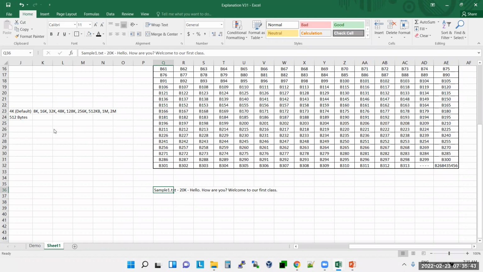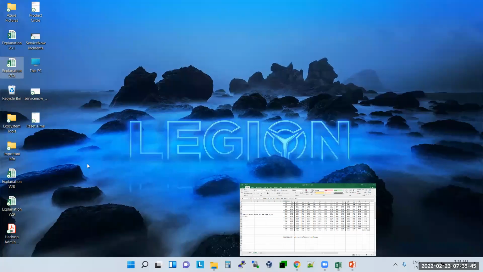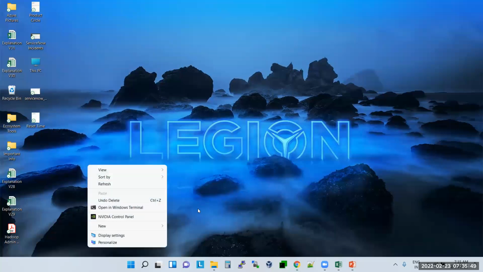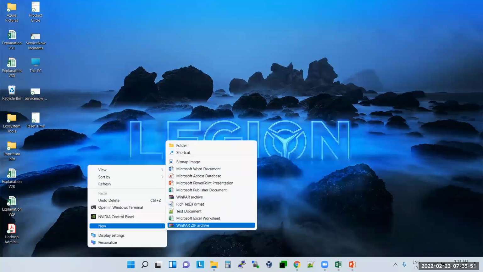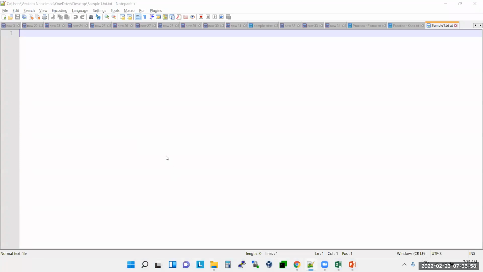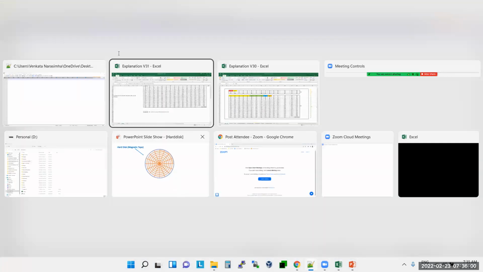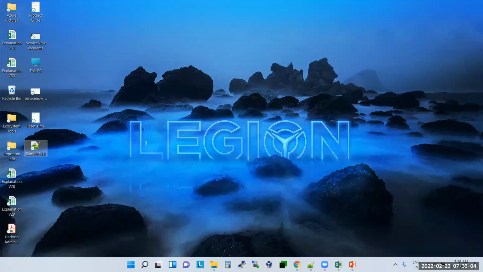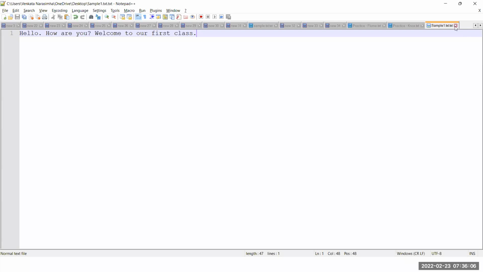Let's say I will create a small file for you. Sample1.txt, a new text file. Inside this one I'm keeping some data like this, and close it.